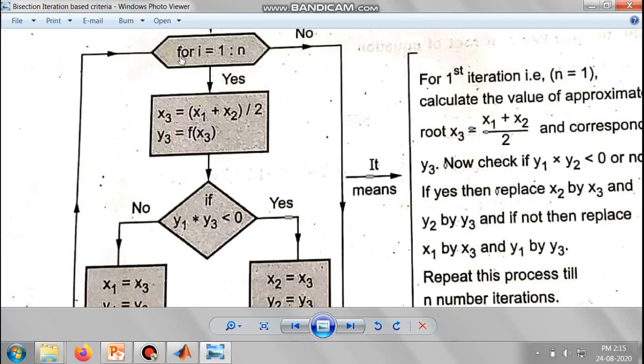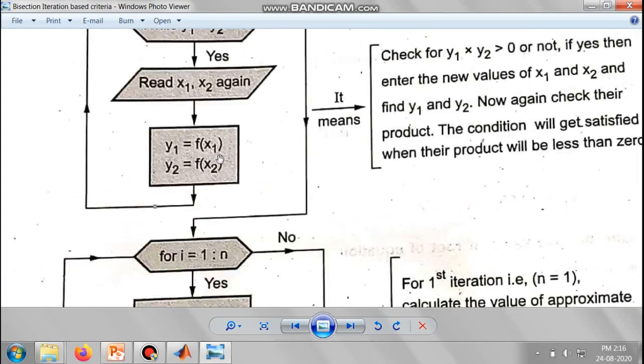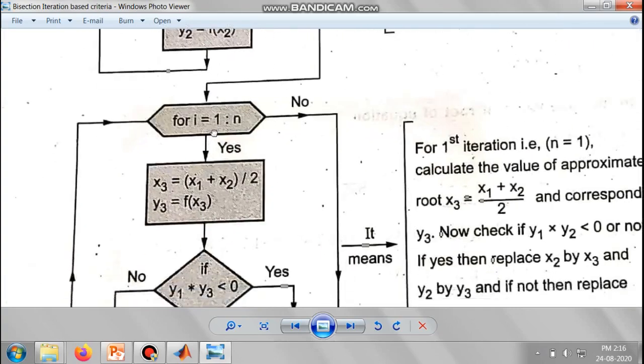So that means this for loop will start for iteration equal to 1, and it will repeat till it reaches the value equal to n, which you have specified in the previous steps. So now let us consider the first iteration. Since the initial guesses which we have selected here, x1 and x2, are correct, the process will progress